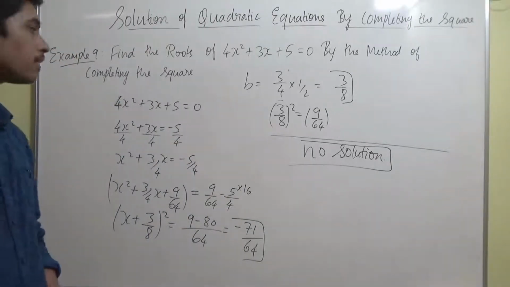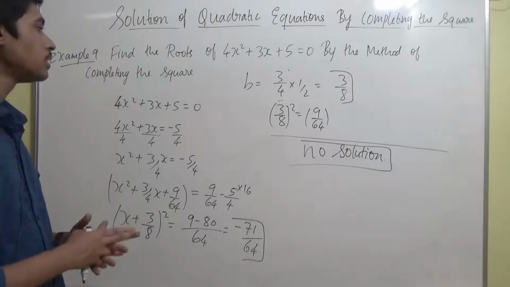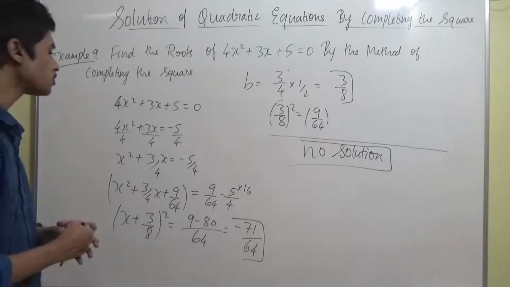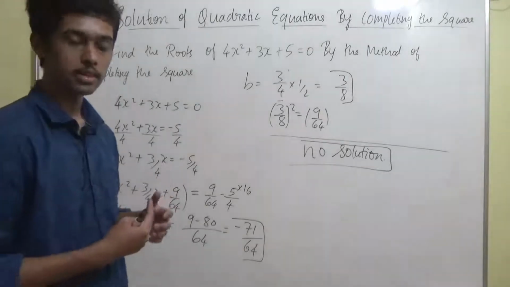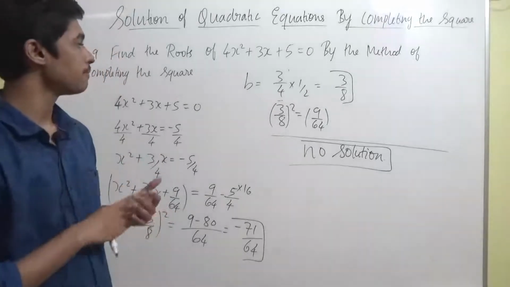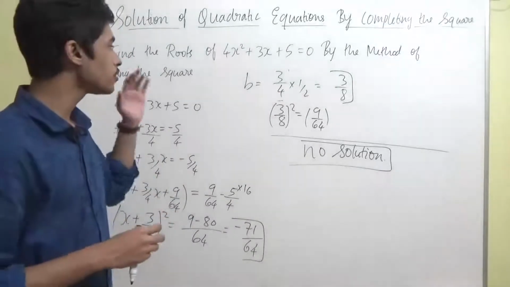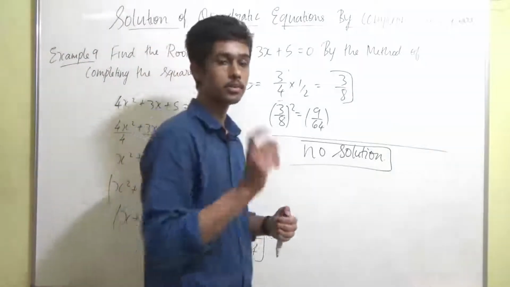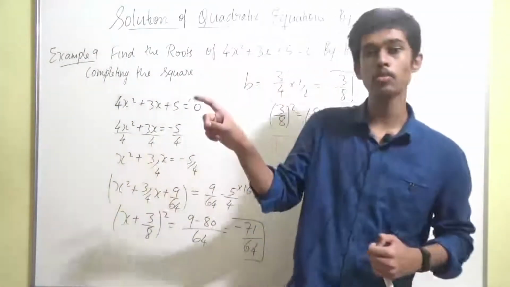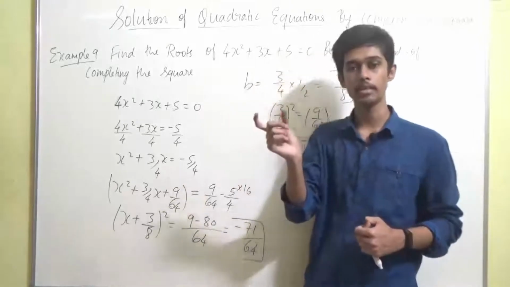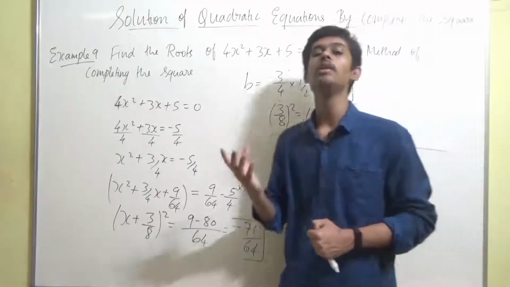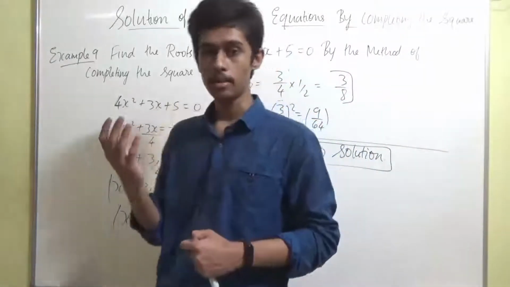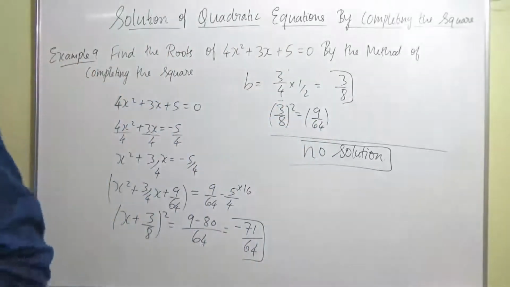But guys, we have to make it out, right? Whether an equation will have no solution or will have a solution. There is one more method for that, which we are going to derive now. That's called the quadratic formula. By just substituting the values of a and c using 4ac, you'll get to know whether the equation has a real solution or doesn't have a real solution.